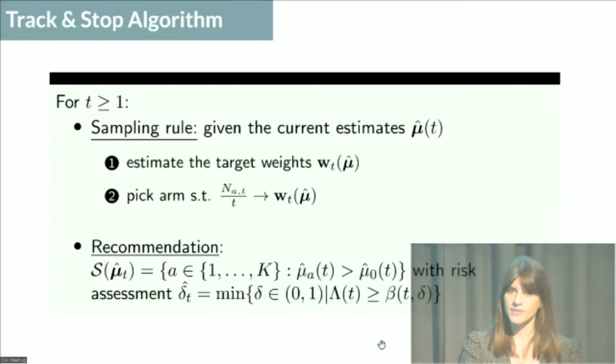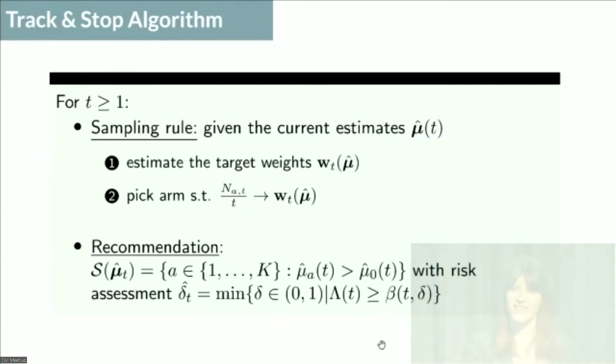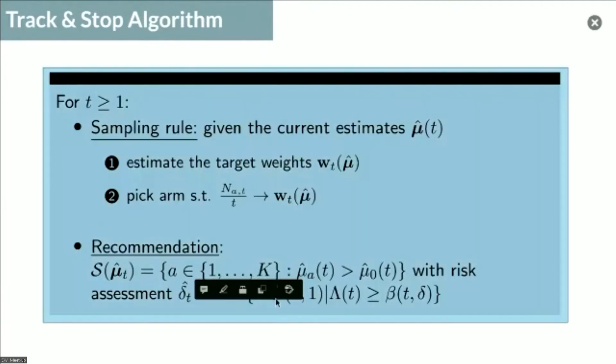We can either stop when there is enough statistical evidence above a certain threshold, or we can do what we're actually doing here, which is that for every point in time, we can recommend as a correct solution the arms that are currently better than the control. But we can accompany this with a risk assessment. So what's the probability that I'm going to make a mistake with this solution? And to find this risk assessment,